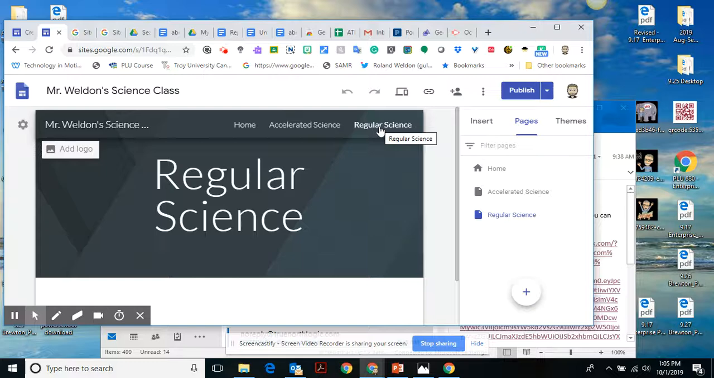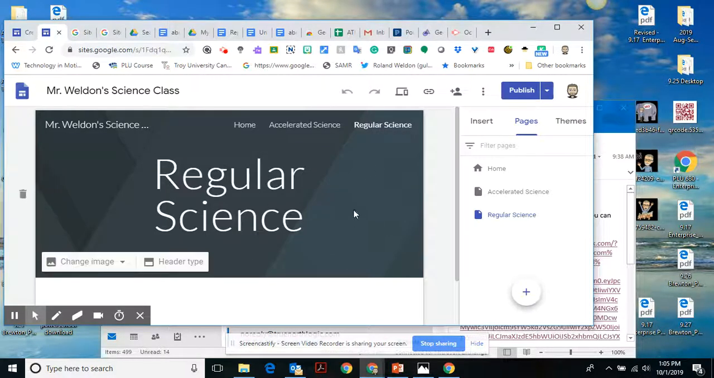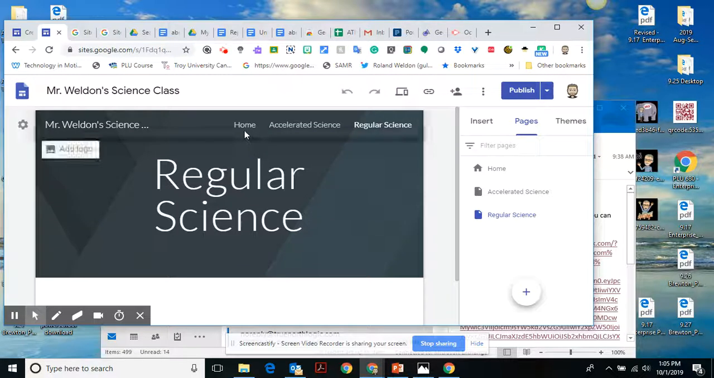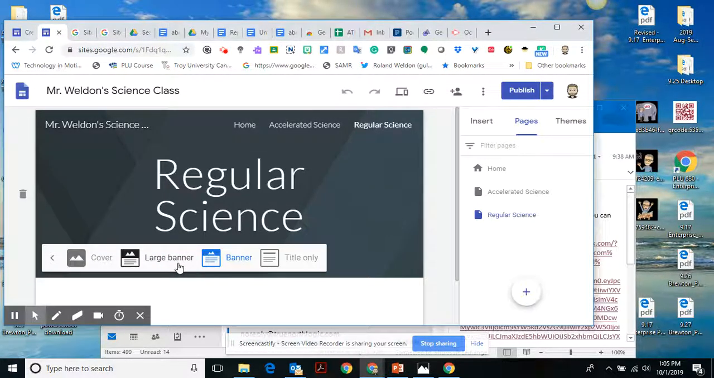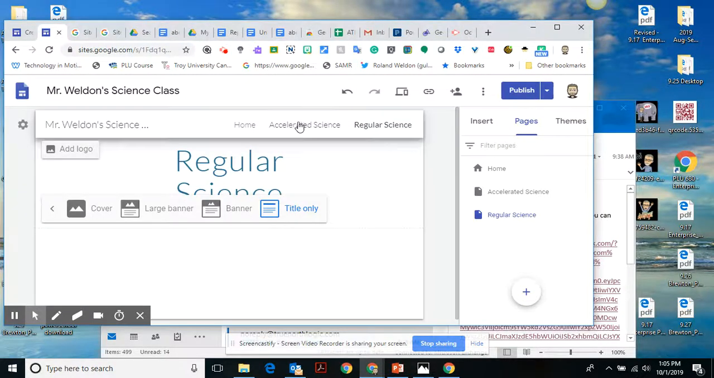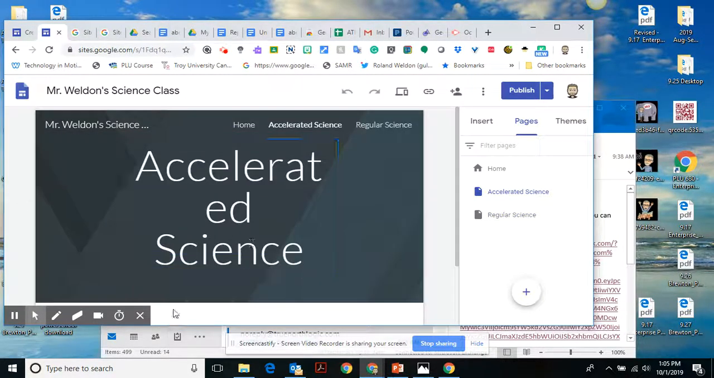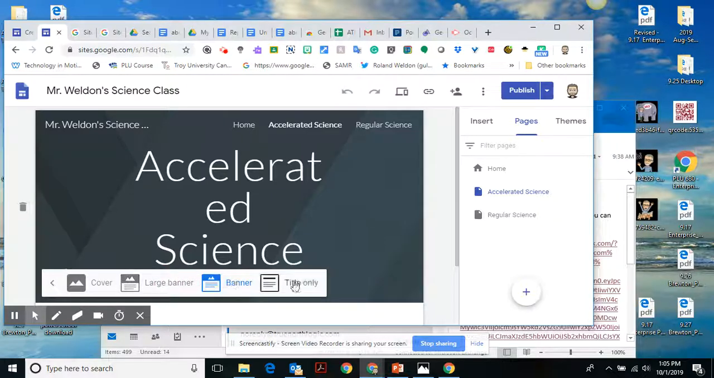And let's say that you're like, I don't even want this big fat banner. You see how the banner is big and blue and it eats up a lot of space? Well, the home page is fine this way, but regular science, I don't want a big header anymore. We take the headers off on non-home pages. So you go down here and you see where it says header type? You see that when I rolled over down here? I'll take the header all the way off and make it a title only. And I'll do that same thing to the accelerated science class. It just looks better,